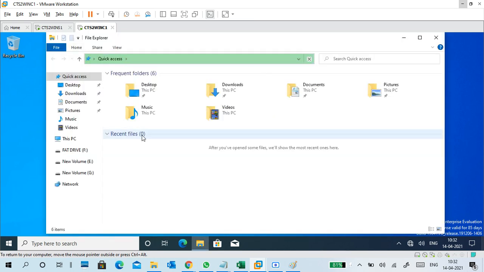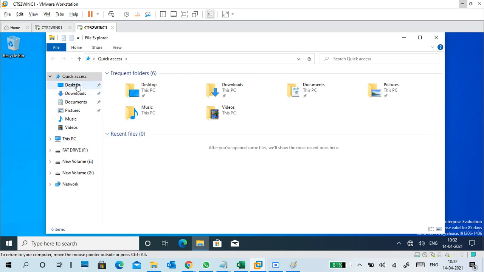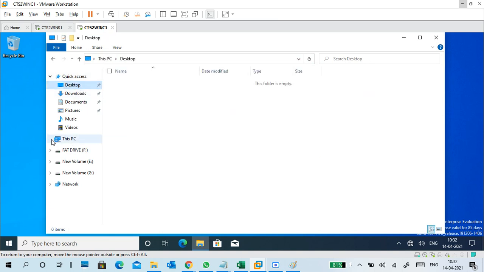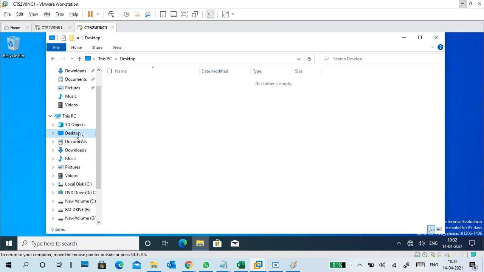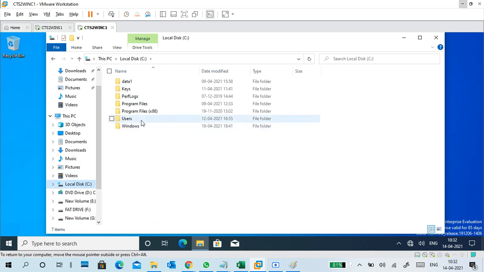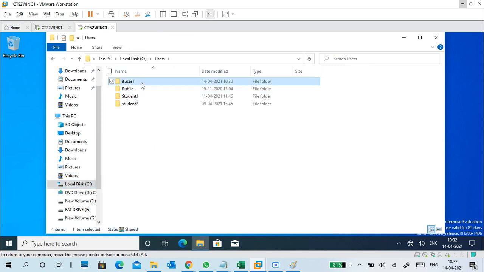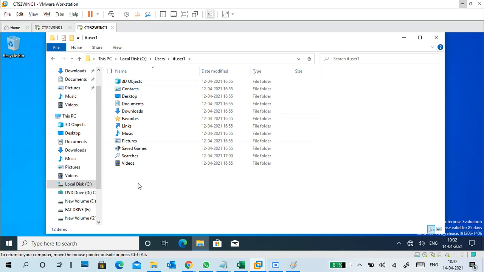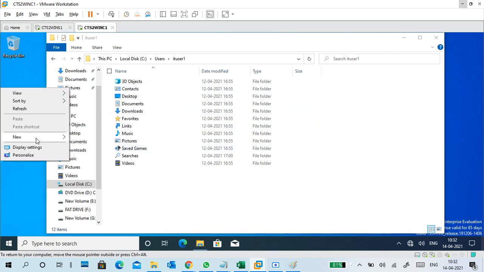I press Windows E to open Explorer. That's it. Can you see? This is the desktop. So I'm expanding This PC. Desktop: if I create something here, it will show here, right? Documents, downloads, pictures, music, videos, like that, right? So you can go to this one and open user one. So this is profile data, entirely profile data. If I create some file on my desktop, last time also I showed that, right?